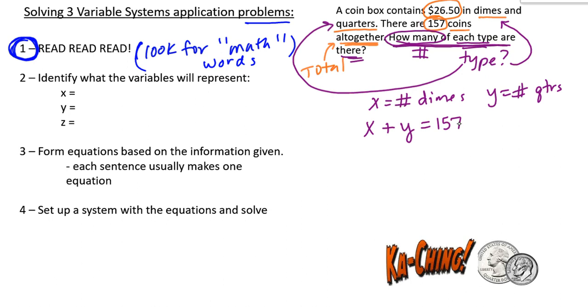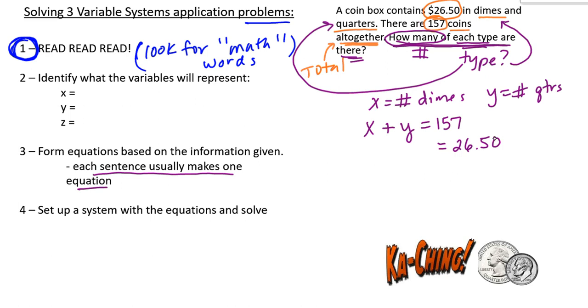So usually a sentence makes one equation. Usually, I'm not going to say always. Usually you can read through and like that second sentence helped us form an equation. The first sentence is going to help us form an equation, but it's not like cut and dry. Like here, 5x plus 2x, you've got to actually put some pieces together. Okay, so let's talk about that one. The total value is